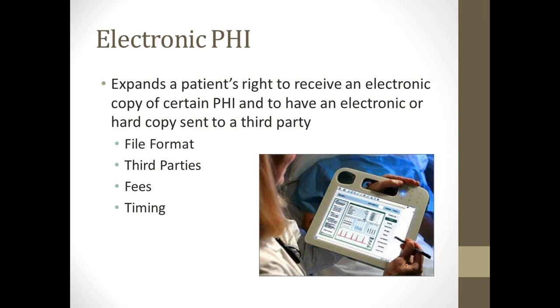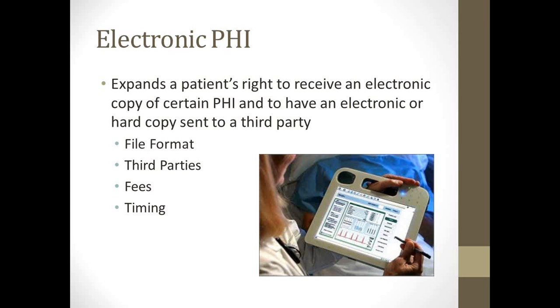So I've listed out 4 different things here. Under file format, the current provision outlining an individual's right to access his or her protected health information states that PHI must be provided in the form or format requested by the individual if it is readily available. If the requested format is not readily available, the covered entity must provide a hard copy or make some other